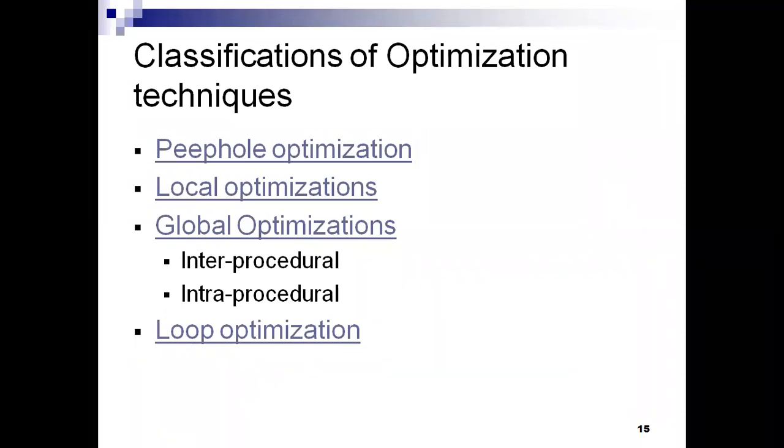Up to this session, I explained what code optimization is, the objectives of code optimization, when to optimize and why to optimize, the role of code optimization, and the types of code optimization, machine independent optimization and machine dependent optimization, and what criteria we need to consider when we are performing an optimization technique.